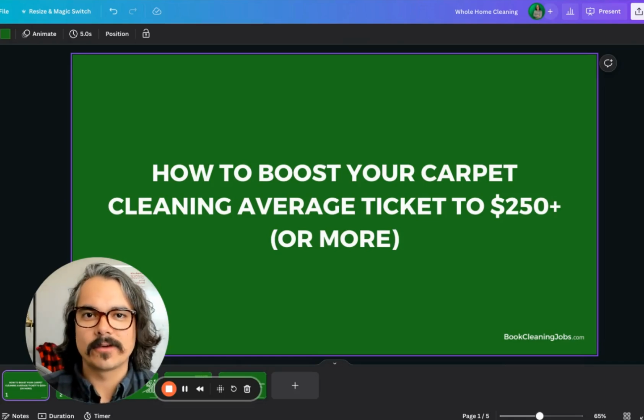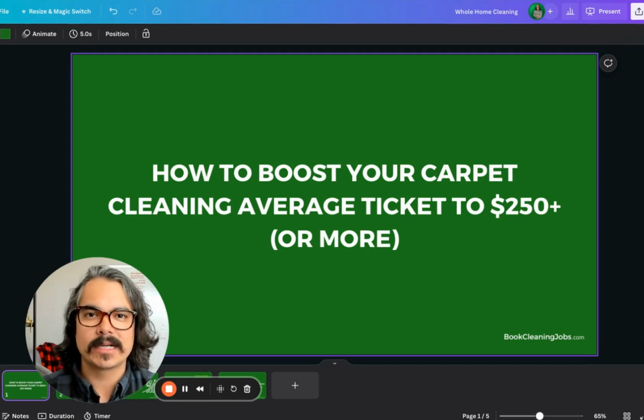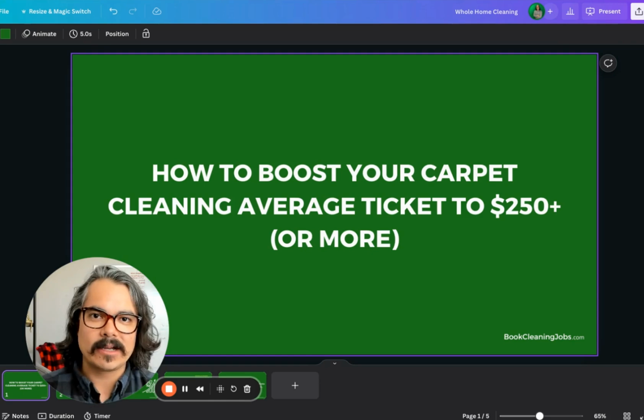One of the things that I hear from carpet cleaners all the time is that they struggle with average tickets. I'll talk to a lot of cleaners who are getting an average ticket of, let's say, $150 or $175, something less than $200. If I hear that a carpet cleaner is getting an average ticket of under $200, typically that tells me that